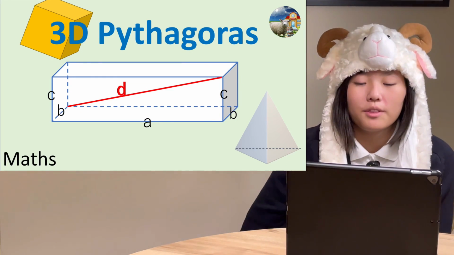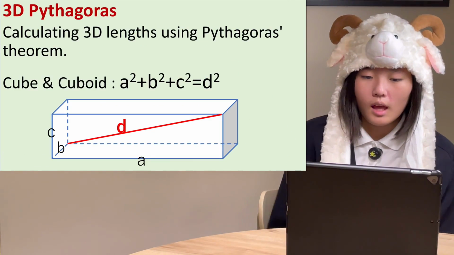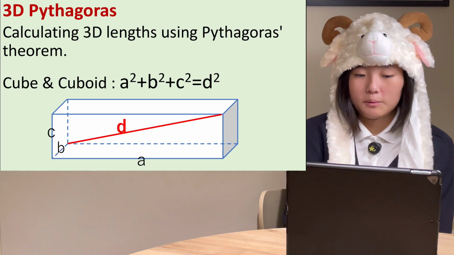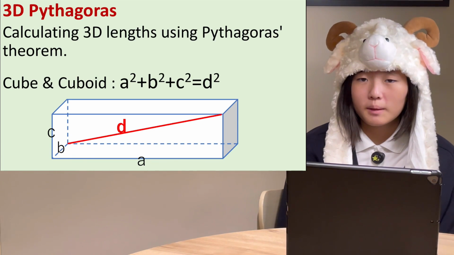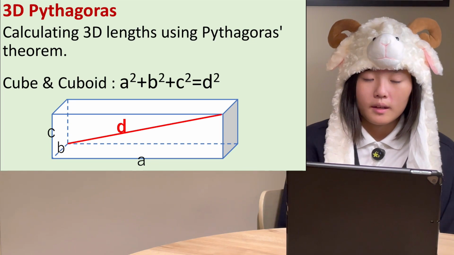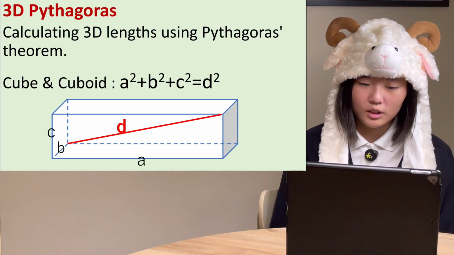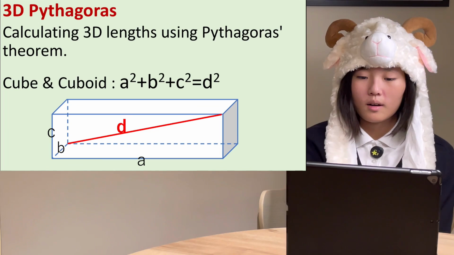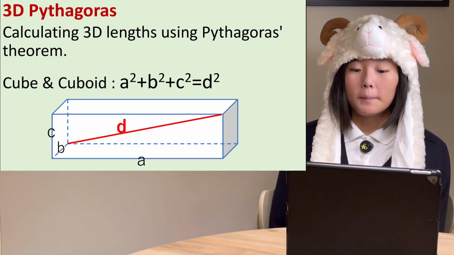Today, I'll be teaching about 3D Pythagoras. Calculating 3D lengths using Pythagoras' theorem. 3D Pythagoras is basically using spaces inside of cubes and cuboids. It is a squared plus b squared plus c squared